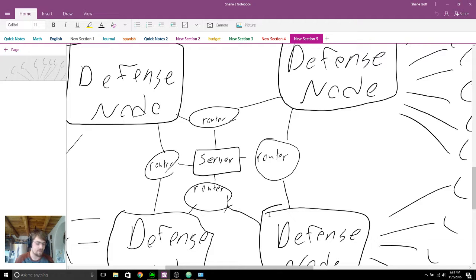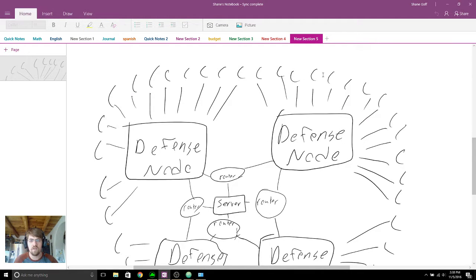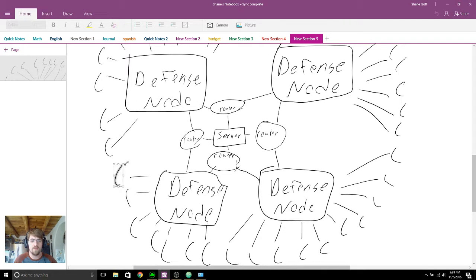The idea behind it is if you have a distributed system, and as you can see, all of these defense nodes are connected to all of their closest neighbor routers. Every single one is connected so that they can all talk to each other very quickly and really easily. What happens is if it starts to detect any botnet traffic, say we're getting botnet traffic from over here, these highlighted computers here, I'm sorry, they're just C's. This is all hand-drawn, as you can see. All of these highlighted C's, say they were part of a botnet attack. Well, as you know, a botnet attack can come from any computer all over the world. So it might be this computer, and this computer, and this computer, and this computer.